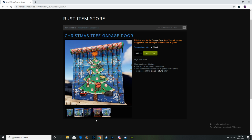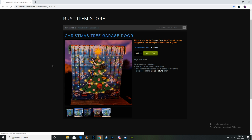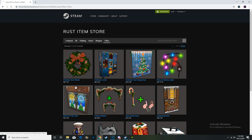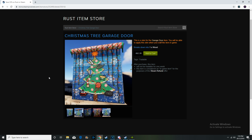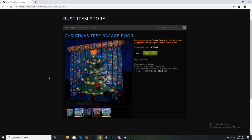Overall, I do think that this is also a really nice and well-made garage door skin, although I'm pretty sure it's selling quite high at the moment. Yeah, so it's in 4th place for most bought item. $2.20, it is quite a cheap investment just because it's that standard store price. It also has glowing little specks on it from the Christmas lights,